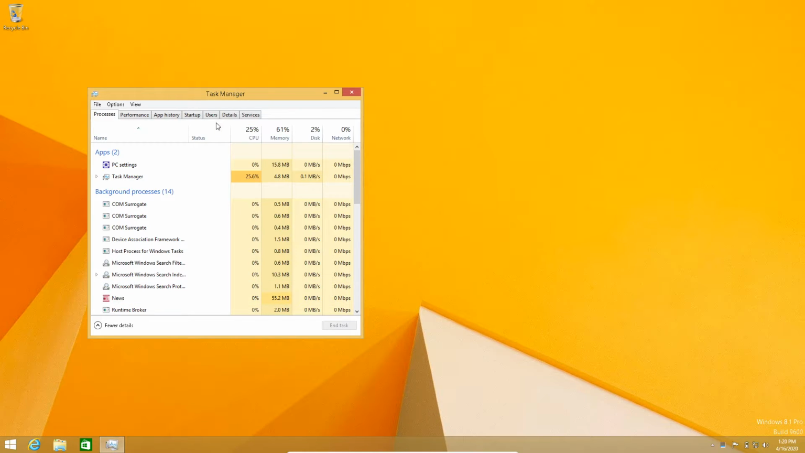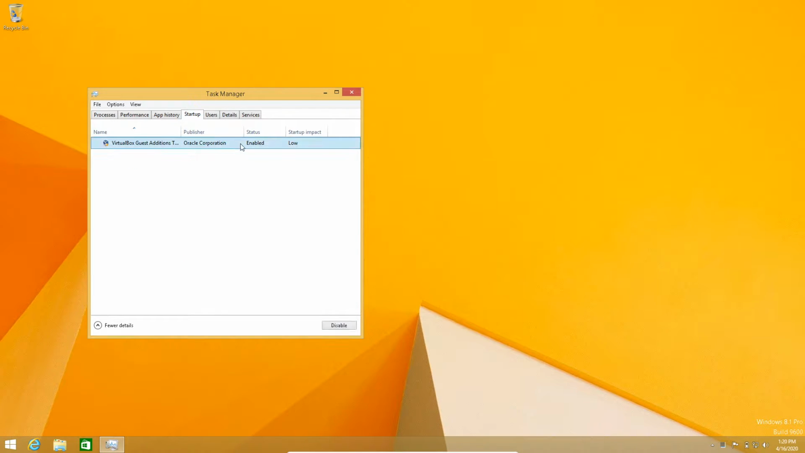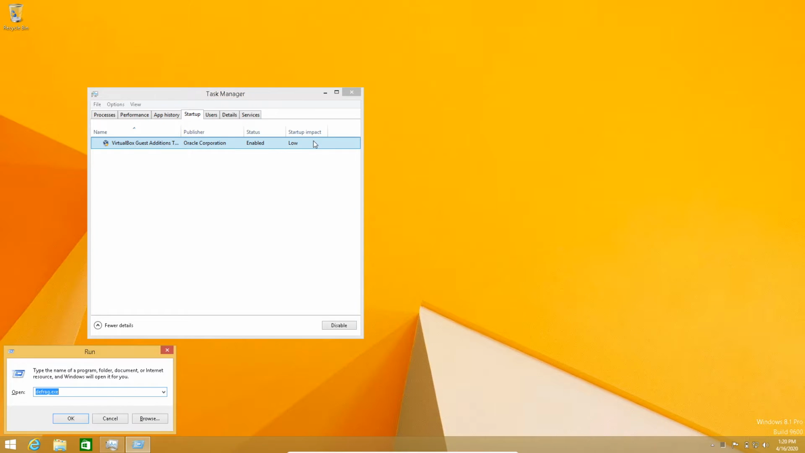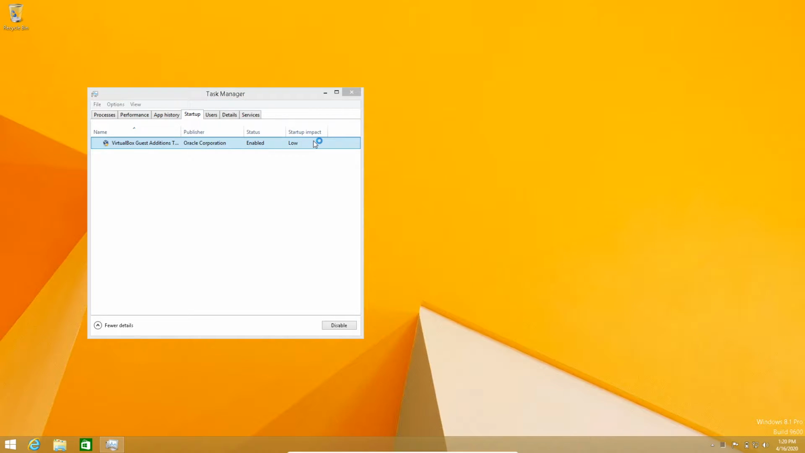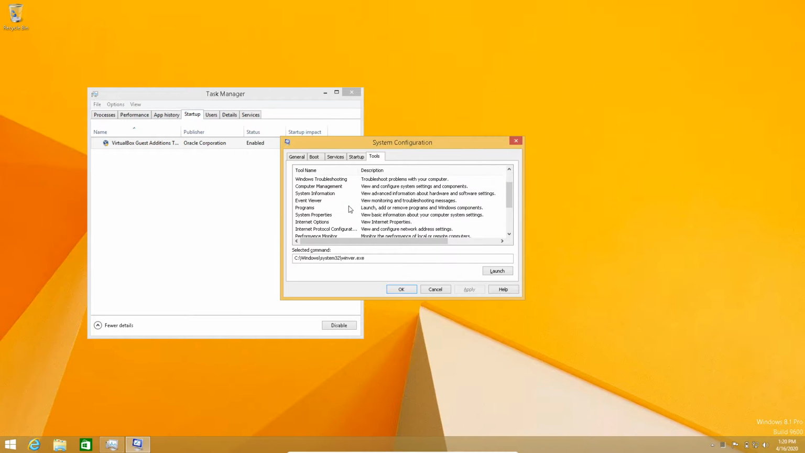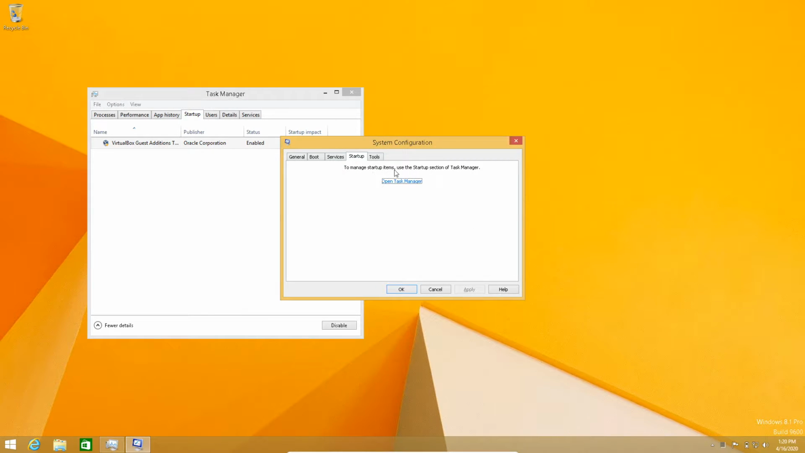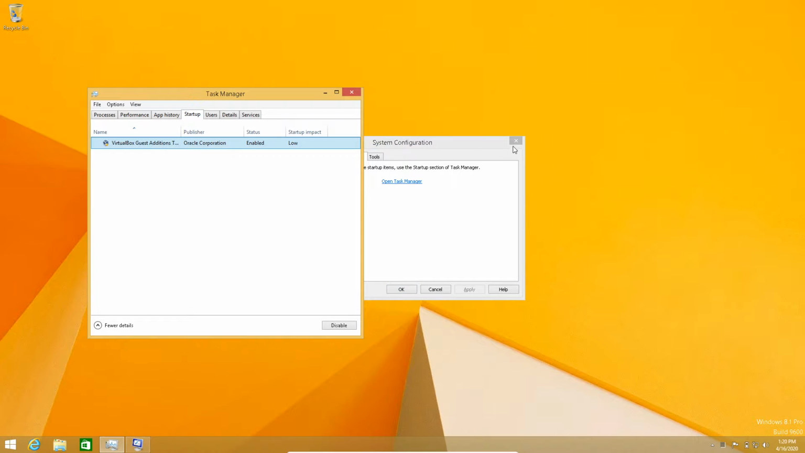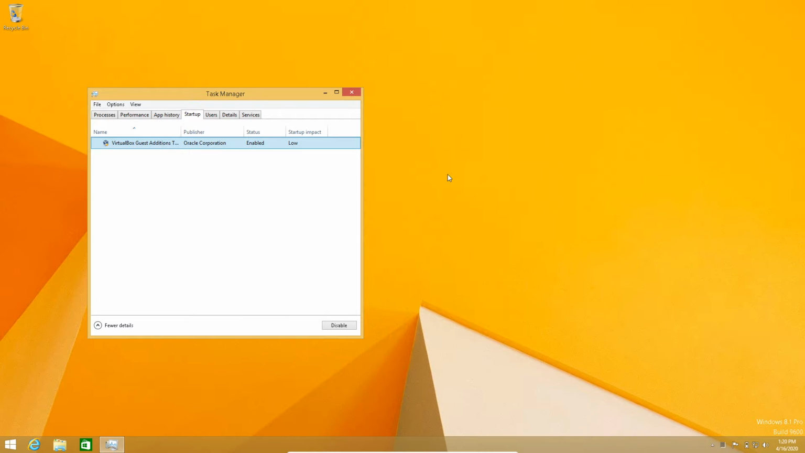If you have Windows XP or Windows Vista, you might need to go to MS config using the run box and going to tools and startup because they have been moved. So again, Windows XP, I think Windows Vista as well, has this. If not, then you're going to have to click Open Task Manager. It really isn't much. The only thing I have here, I might disable it for the purpose of this video,